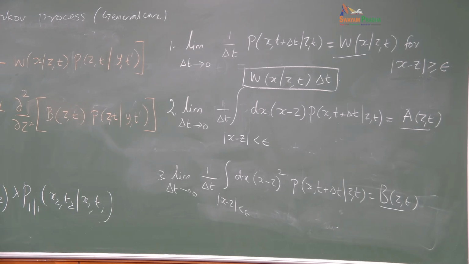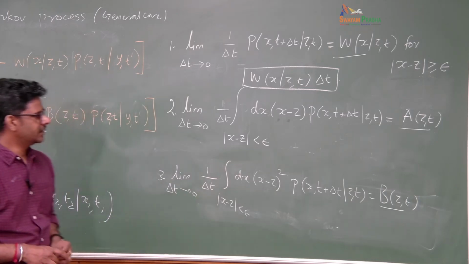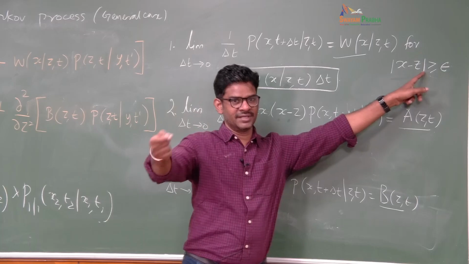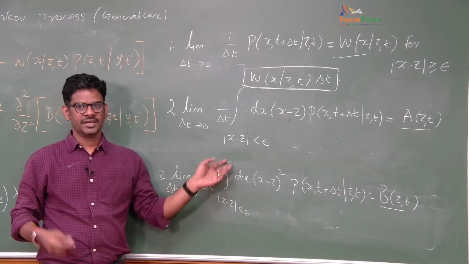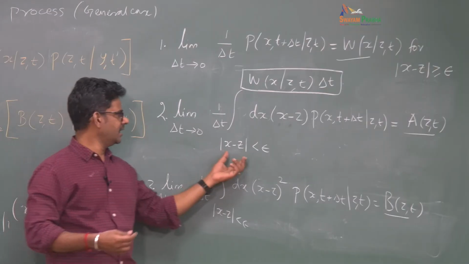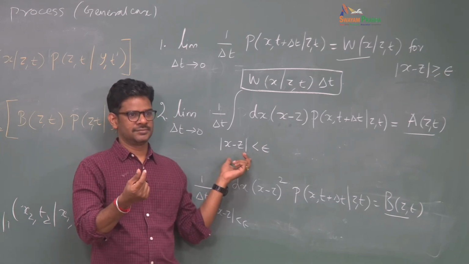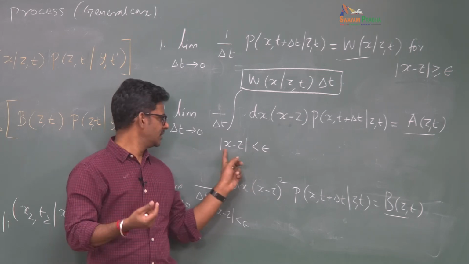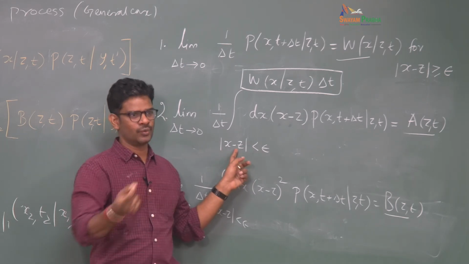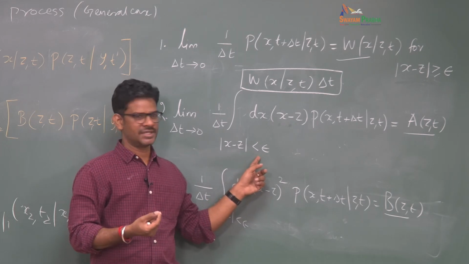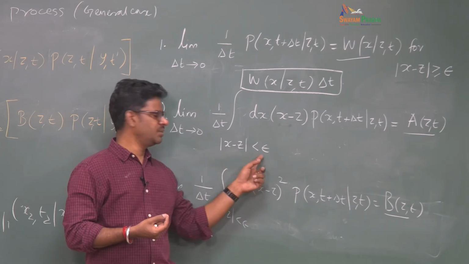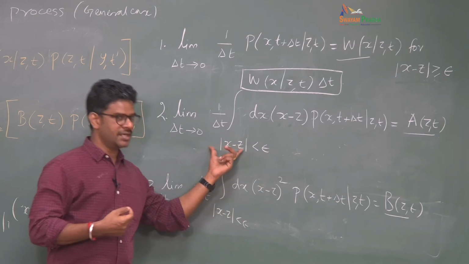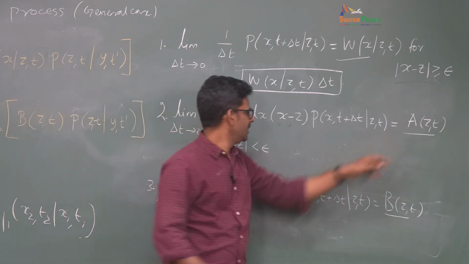Now if you come to the second one, here we are changing the conditions. Here we are saying the jump has to be smaller than some epsilon. For defining a and b, I am making it the other way around. I am saying that this jump has to be very local, because I am talking about a continuous process. For a continuous process, the new state has to be within the neighborhood of the old state by some small amount epsilon. That's why the magnitude of the change has to be smaller than some infinitesimal value of epsilon. In this condition, this a